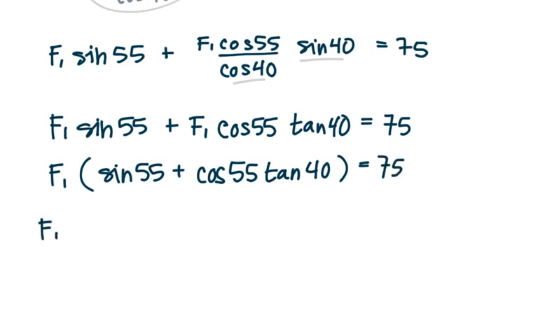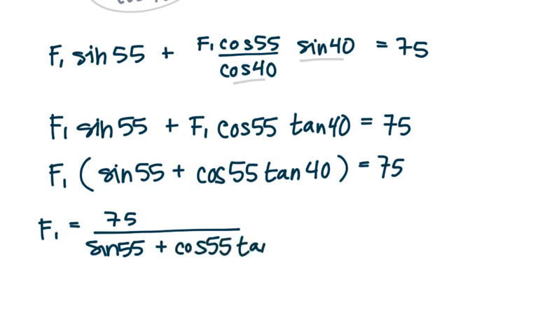Or now we can say force 1 equals 75 divided by the quantity sine 55 plus cosine 55 times tangent 40. If I evaluate that in my calculator, I get approximately 57.67 newtons. So that means force 1 is acting upwards at that angle of 55 degrees or 125 degrees, depending on how you consider it,